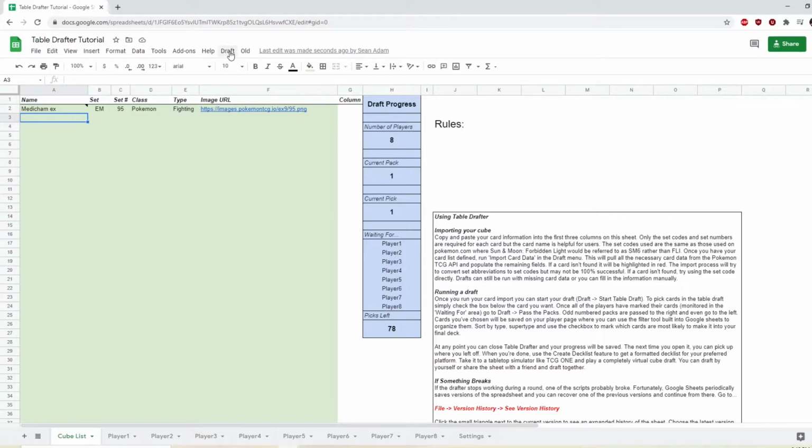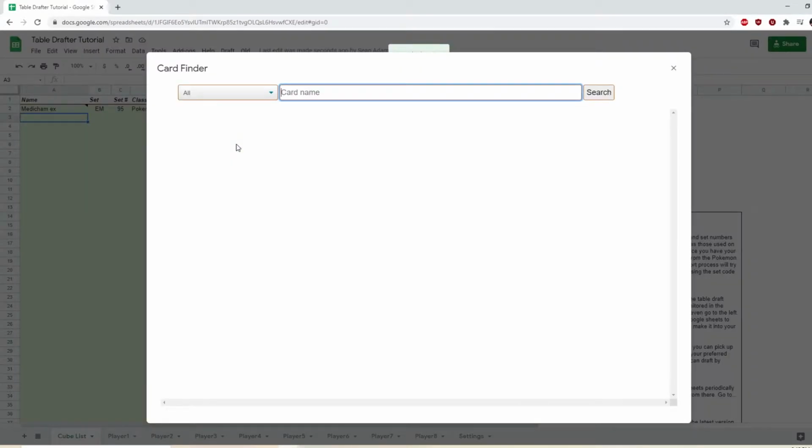If you go to the Draft tab and go to the Card Finder feature, the script will run, and it acts as a database. All you have to do is type in the name of the card. For this example, we'll also just do Medicham. If we type in Medicham to the tab here,